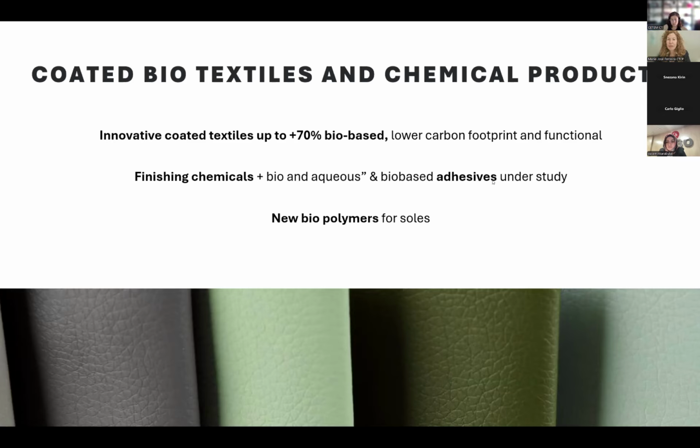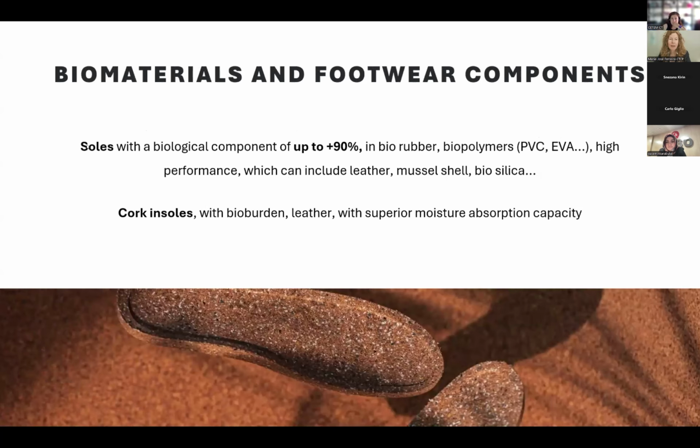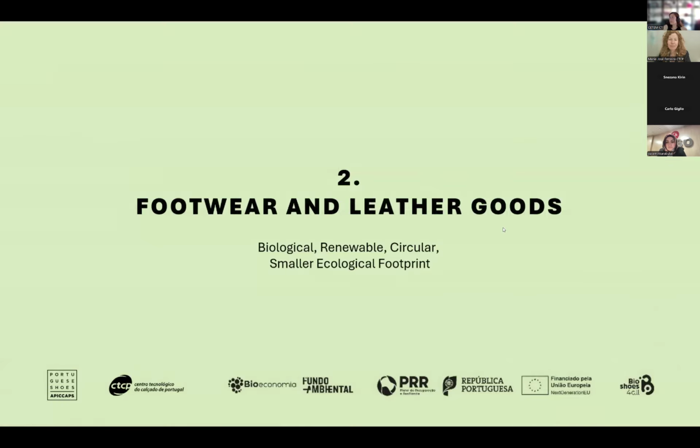We are developing bioadhesives. These are not ready for the market, so the leather and the coated textiles are ready. We are launching them. Also studying new biopolymers for the soles like BioTPU. In fact, we are launching to the market already soles based in bio rubber biopolymers up to 9% bio, and corking soles with, for example, including the cork, but also leather waste, and for example, tomato, pear, apple. And we are not using these biochars per se. We are using them in all the cases to functionalize, and in this case to increase the moisture absorption.